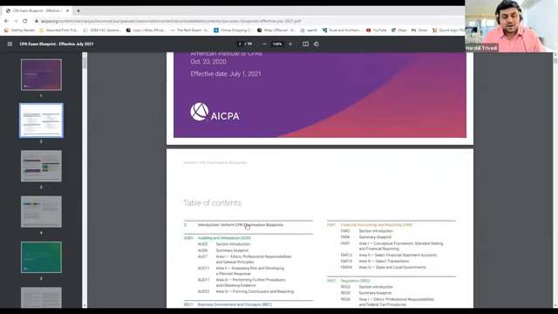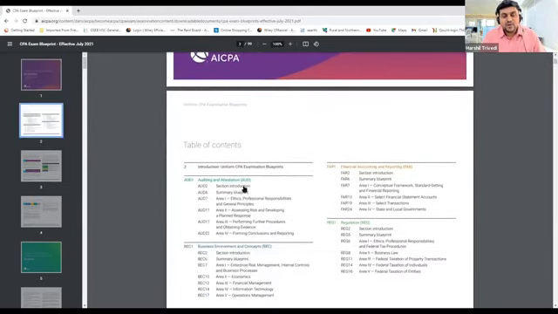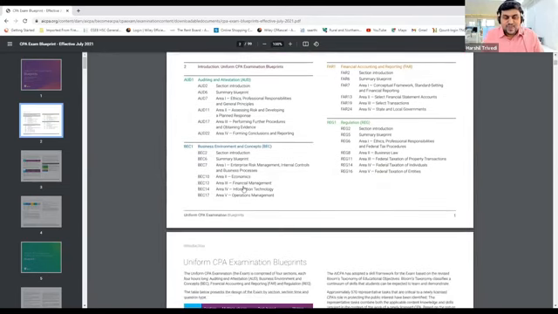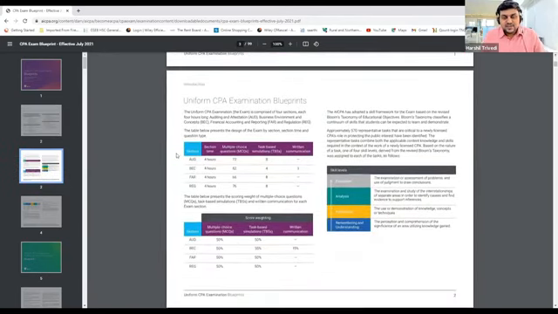In it, they talk about all the areas that they are going to ask. They mention the weightage of each area, and they also mention what type of questions they are going to ask in each and every area. So let me go through this. This is the paper style that they have mentioned over here.